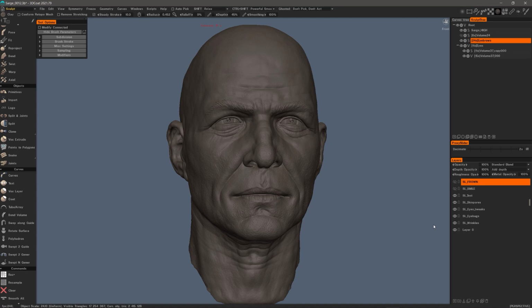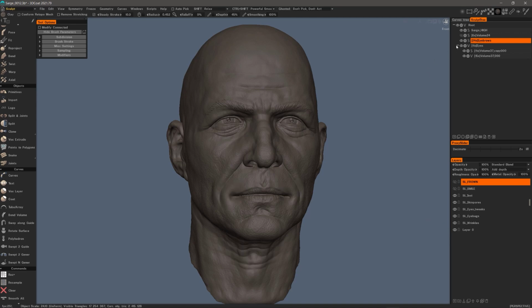One word of warning is if you are in surface mode and you hit the enter key, it will voxelize the model temporarily and put it back into surface mode. This gives you a nice even distribution of polygons, but it means you will lose your sculpt layer information also. So what we want to do instead is to make a copy of the surface layer and voxelize the copy. With that duplicate, you can make sculpting edits in voxel mode, doing whatever you want to do, and then reproject the changes that you make back to the original surface mesh.